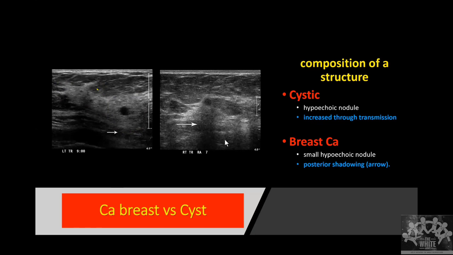What do you think the brighter structure is? It is fat. Fat appears slightly brighter in the breast. In between the fat there is something which is looking blacker. That is one image. Now the second image is also showing the same thing. The breast is brighter, and there is something which is looking darker. Now, if I tell you one is a cyst, the other one is a tumor, which one do you think is a cyst and which one do you think is a tumor?